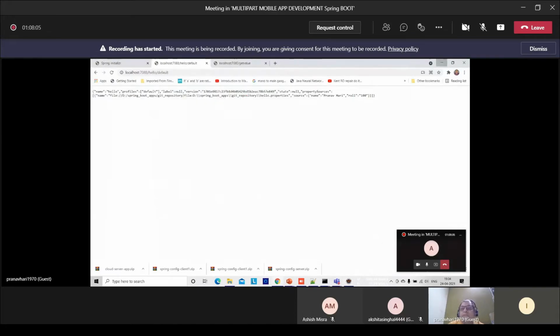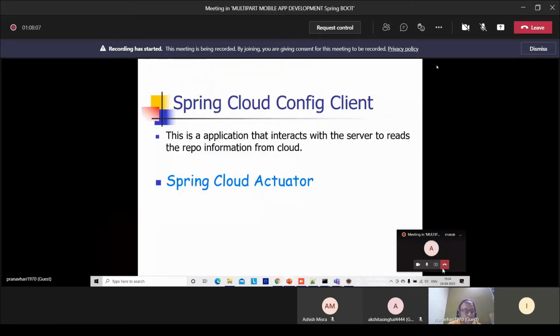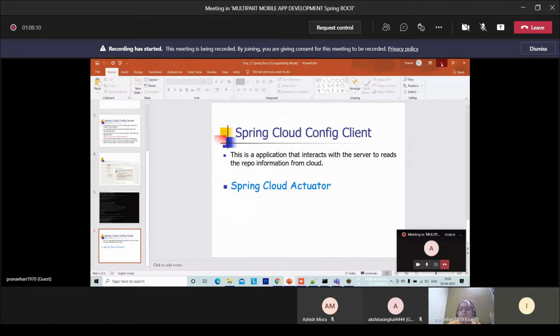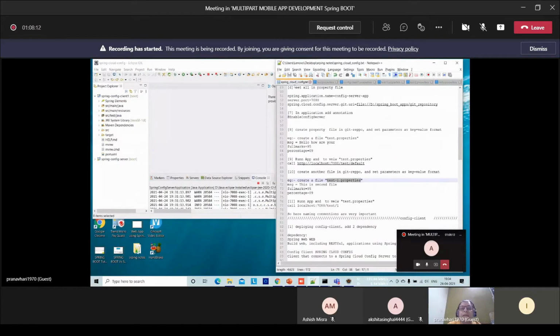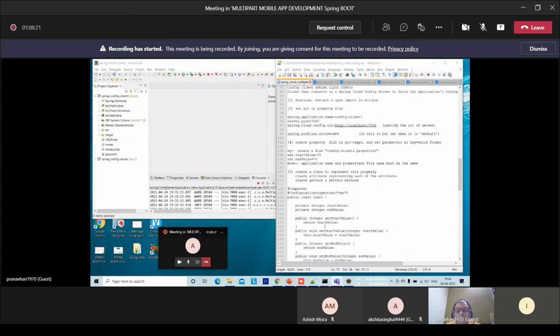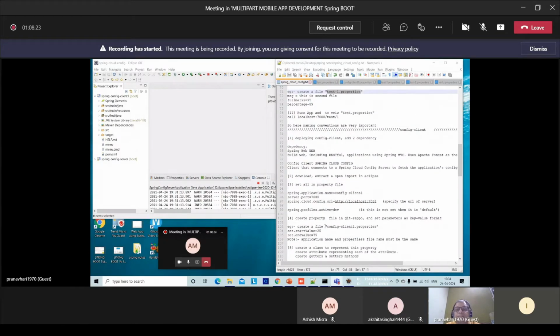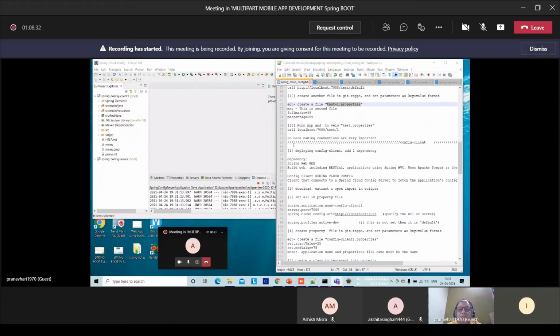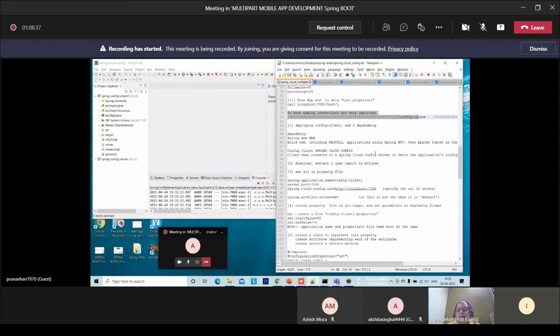See the steps. For client app, these are the steps for creation of a client app.